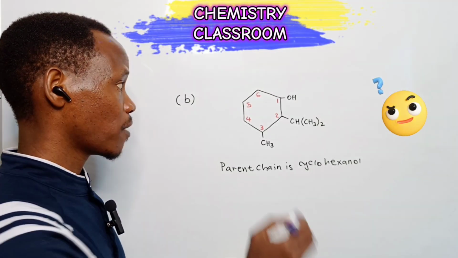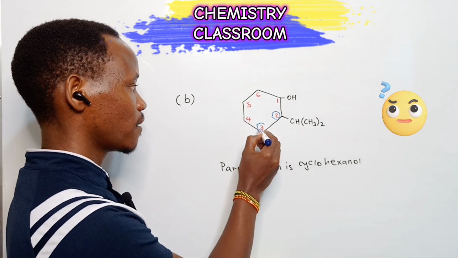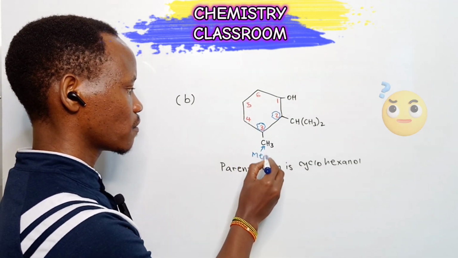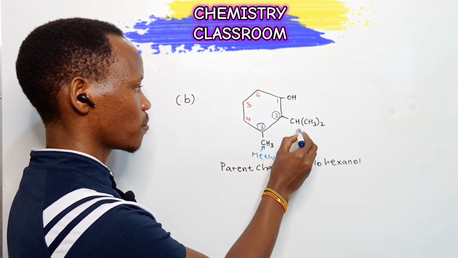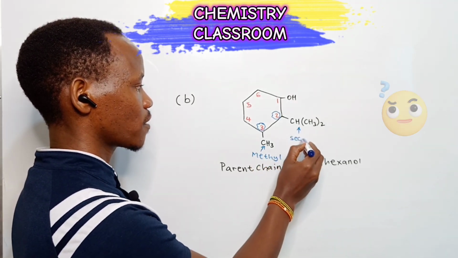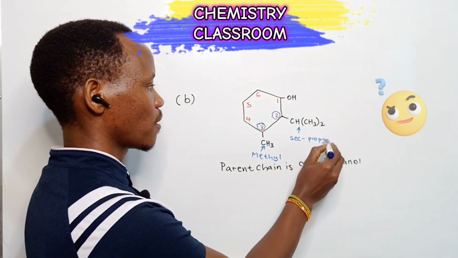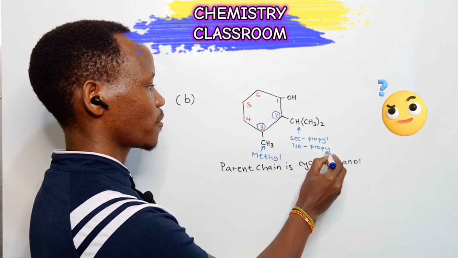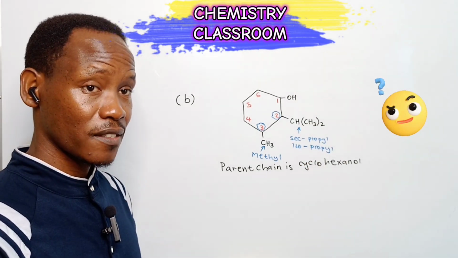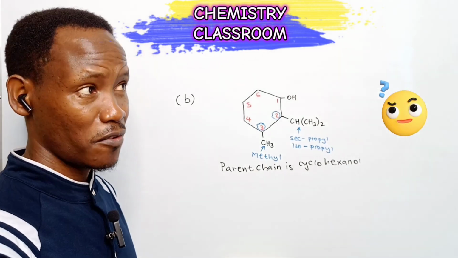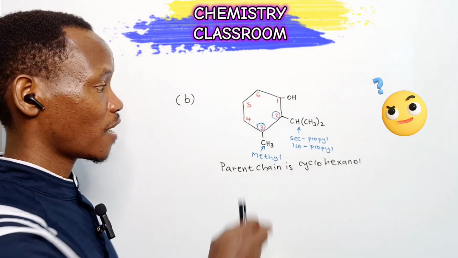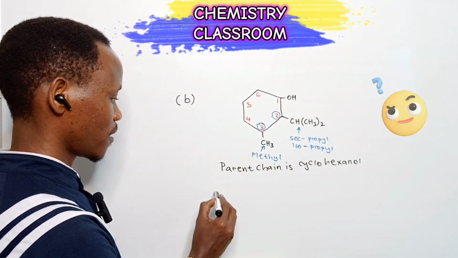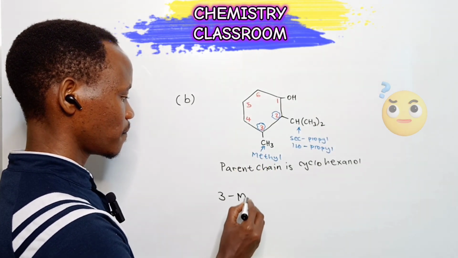That being done, the numbers 2 and 3 are very special because on position 3 we have a methyl group, and on position 2 we have a secondary propyl group, or some other sources of chemistry literature also call it isopropyl. After identifying those facts, we proceed and write down the name of our compound by following the alphabetical arrangement of the two groups. So therefore, the first name that I have here is 3-methyl,